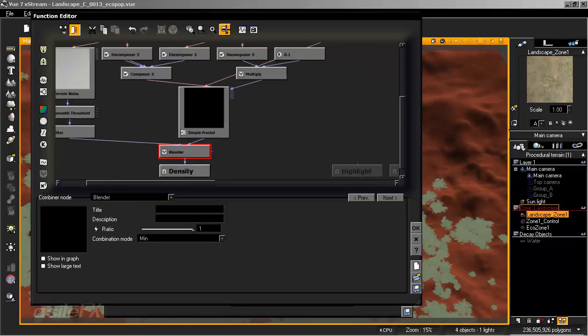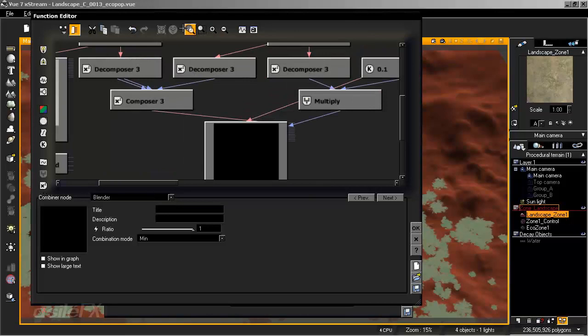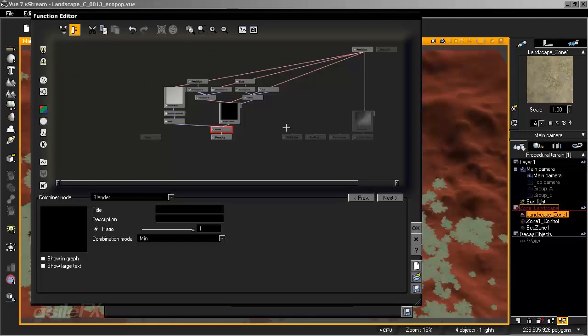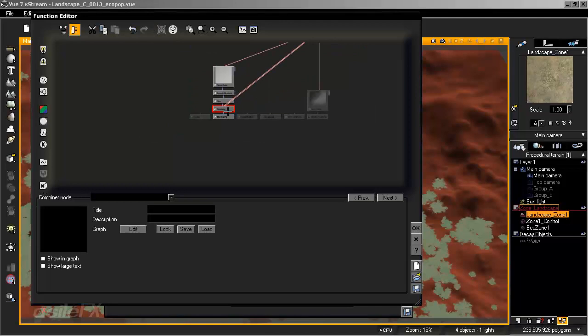So I'm going to ungroup this really quick. And I want the entire setup this time, which includes the blender. So we'll select all of the nodes, including the blender, create meta node from selection,